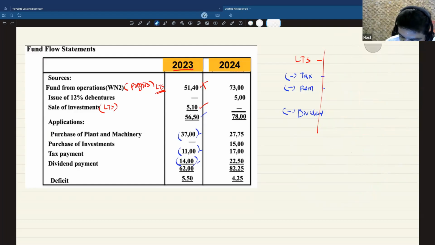Okay. In 2024, their long-term source has increased. Number one, the profit itself has increased, and they raised some debt also. Maybe because of the lesson or the mistake they committed last year. Last year they diverted 550, so maybe to compensate that, it seems like they have raised some 500. So the total long-term source is like 7,800.